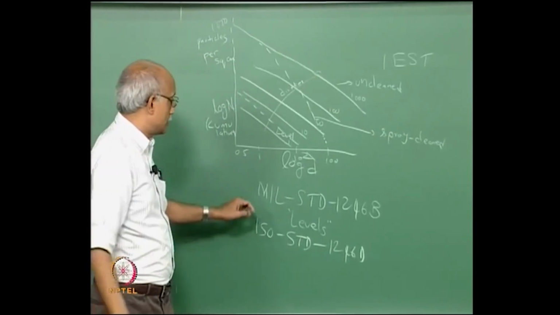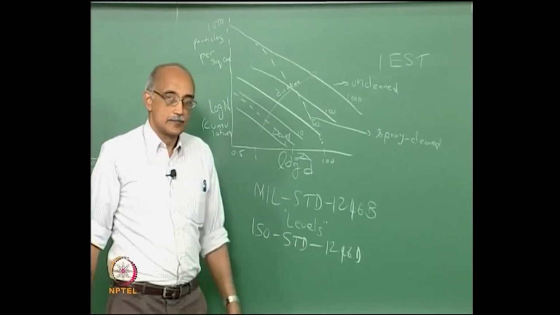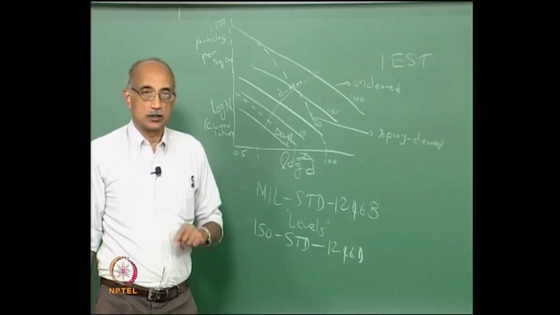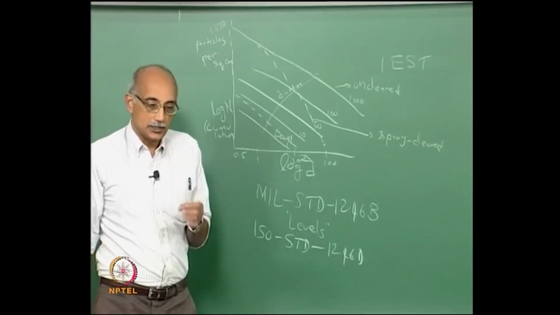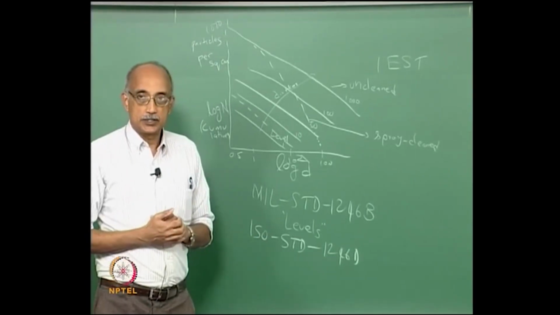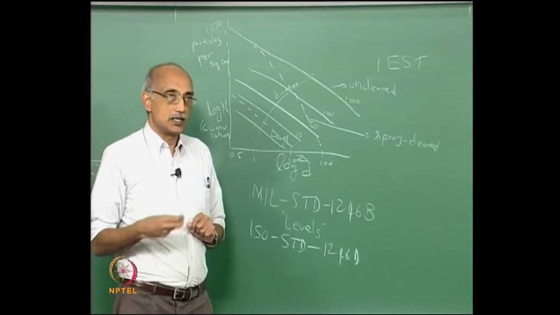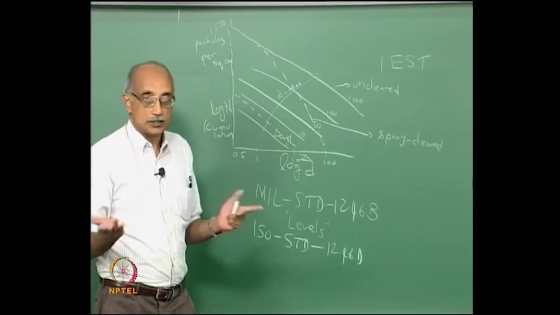So, these Mil standard or ISO standard 14644 levels of surface particle counts can be used very effectively to assess initial particle population on a surface. They can also be used to assess the effectiveness of various cleaning processes